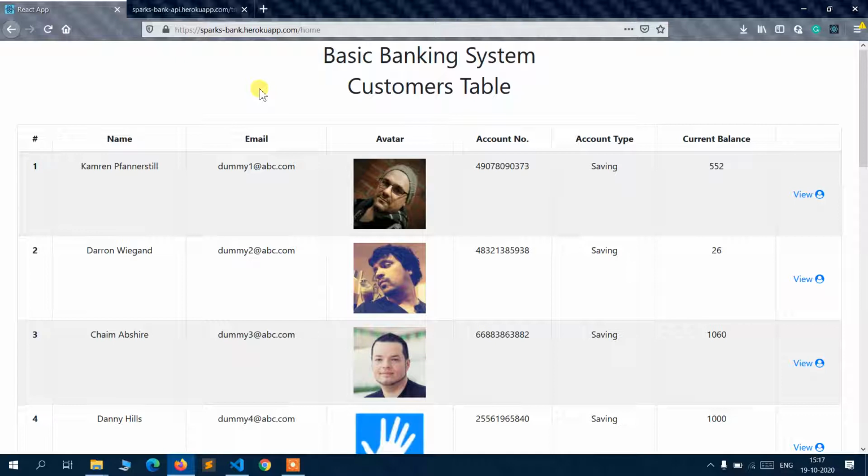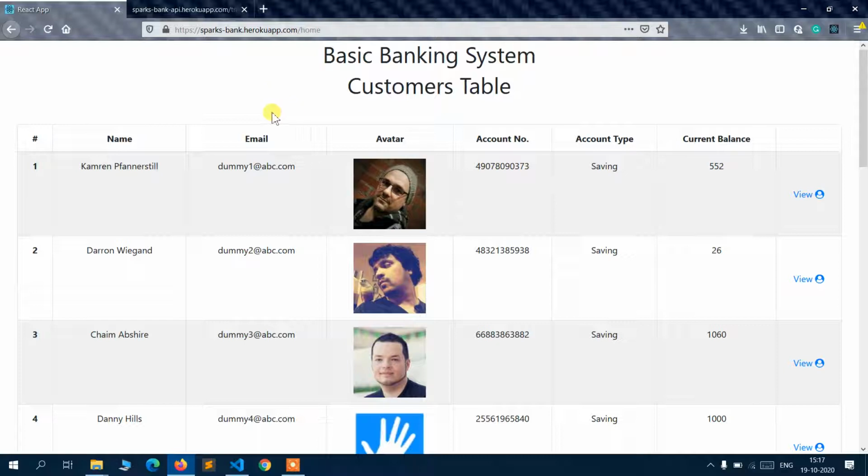After a successful transaction, it will redirect you to the home page, where you can see the transactions list at the bottom of the page. So let's see the demo of the application.